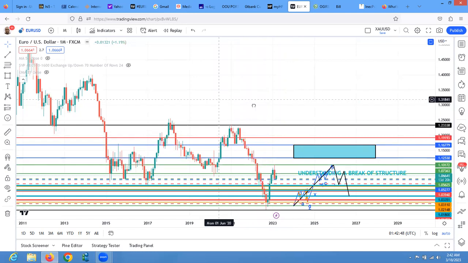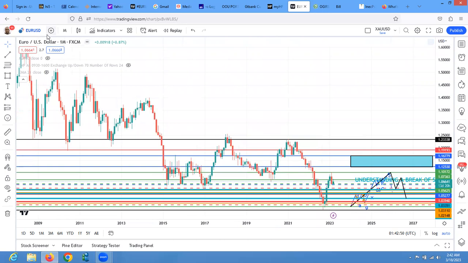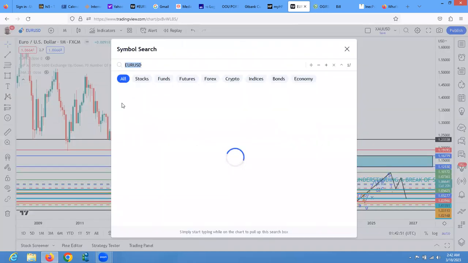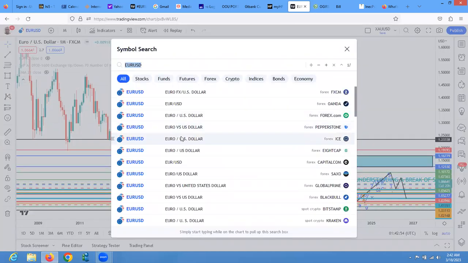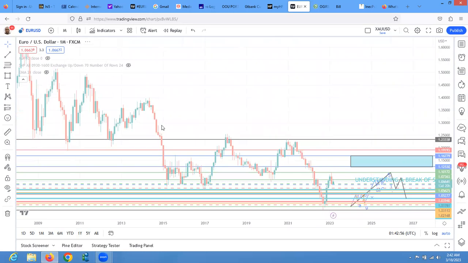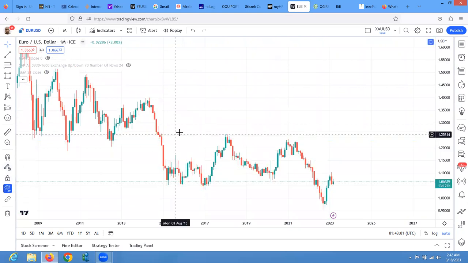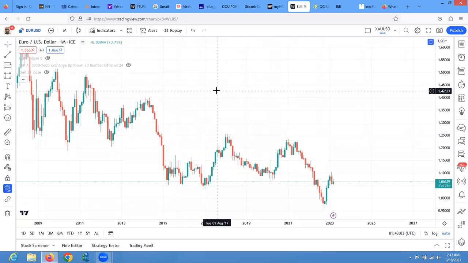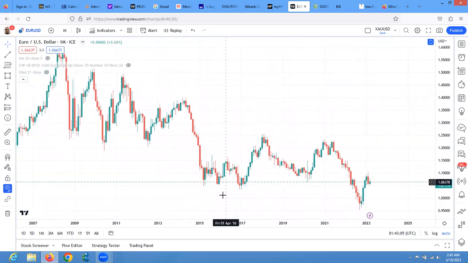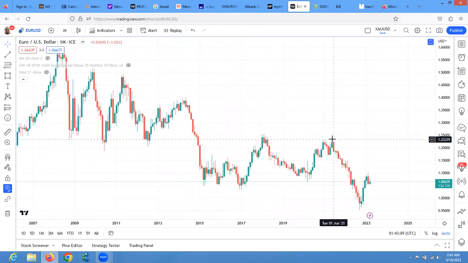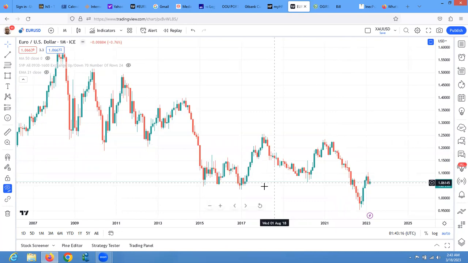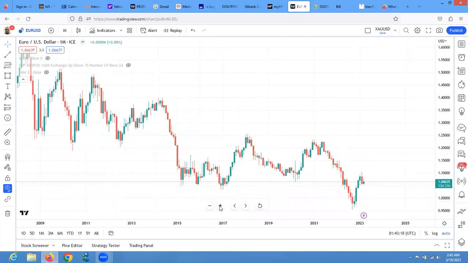Now, with that said, let's go back to where I'm teaching. I need to do this for us to understand what price is doing. So this is a monthly chart, and so we know eventually where we are going and where we are expecting. We're not going to break. Once we don't break here, we are going to turn down at that level. So this is weekly, this is monthly.